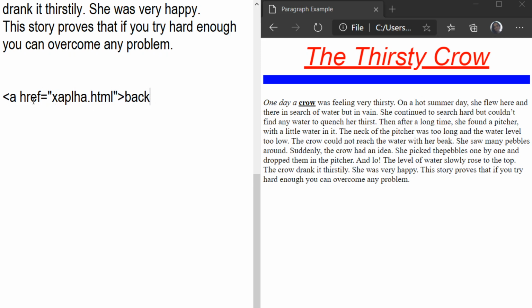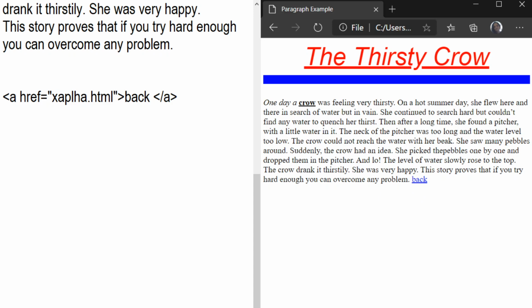href is the attribute of the a tag, and the a tag is used to create the hyperlink, and the full form is anchor. Okay, after that you can close the a tag, so our link is created. Now you can save it, and our file 10th class is already open here. Now you can refresh here, and you can see back in the last line.